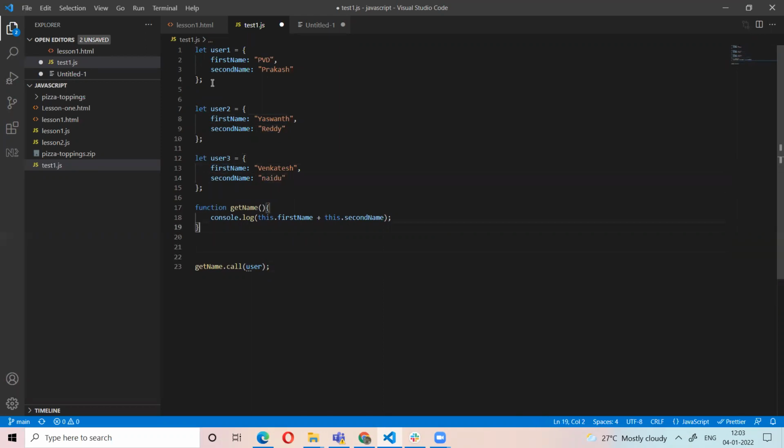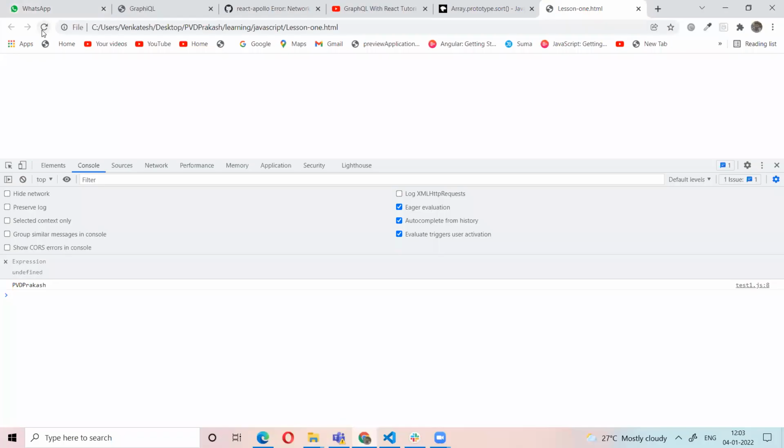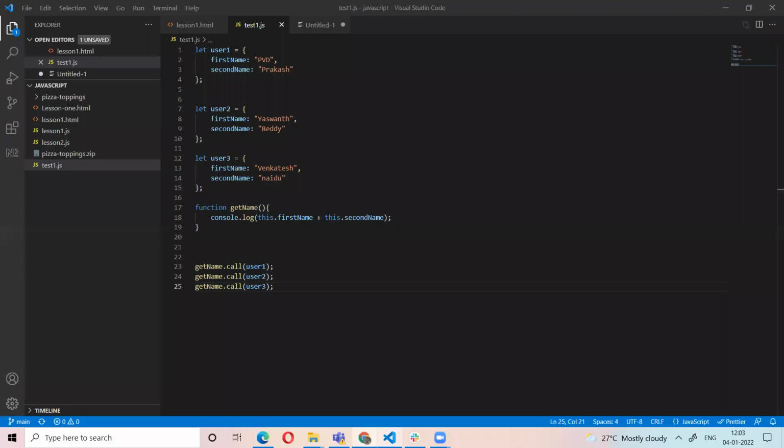Now I apply this function on the first object, then on the second object. Now what is the output? Line 23 is PVD Prakash, line 24 is Yashwant Reddy, and line 25 is Venkateswar Naidu. So like this, we are applying a function on an object.